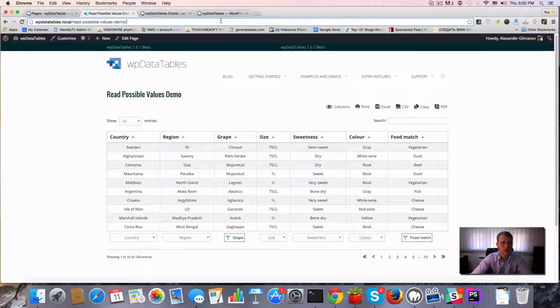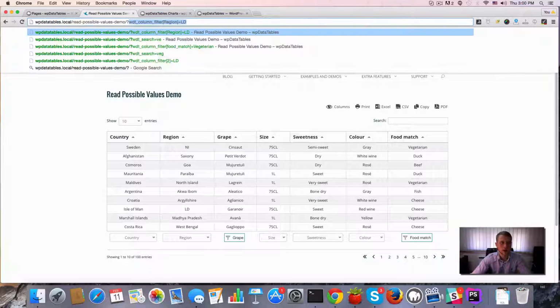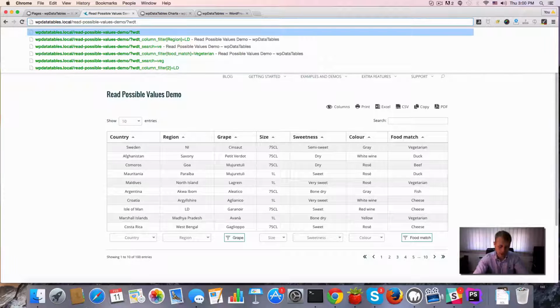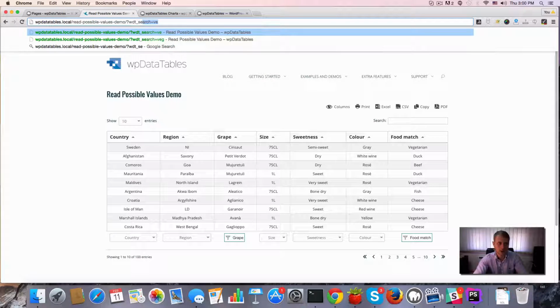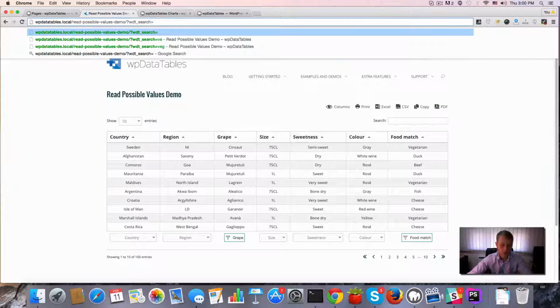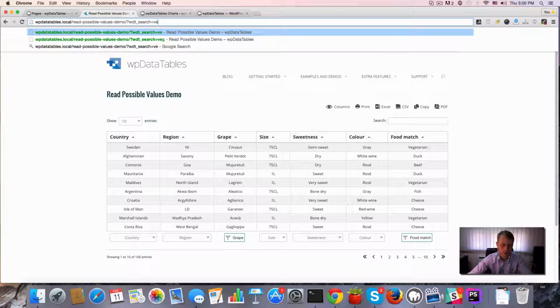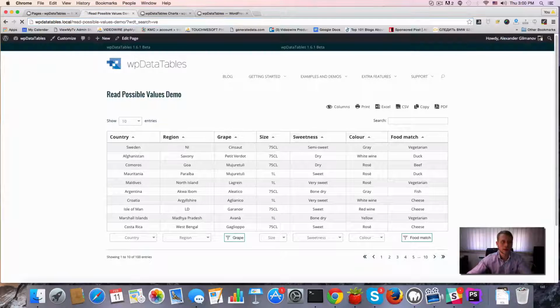So we would just need to take the full URL, add the question mark, and then type wdt, which stands for wpDataTables, _search equals, and then after the equal sign we enter the value that we want to use for the global search filter over here. Let's enter VE, click enter,